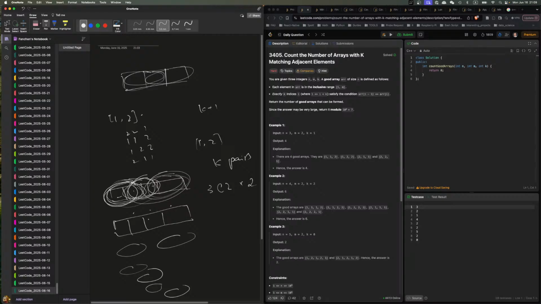Like if we do this and this, it depends if they're the same. Like if there's an overlap. If there's overlap, then